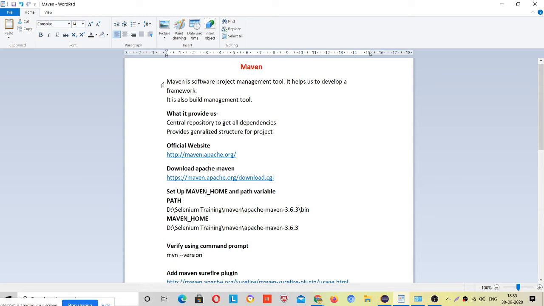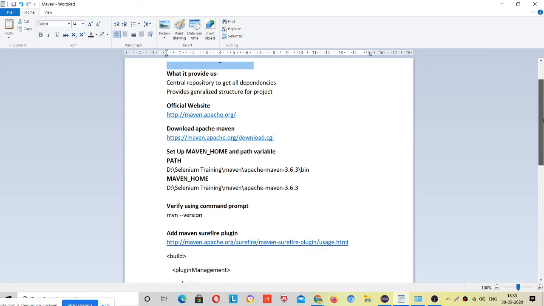First, we will cover the theoretical part: what is Maven, how it helps us to design a framework. Then we will download Maven right from the official site, and after that we will set up the path variables. We need this for writing any test case or any code inside Eclipse.